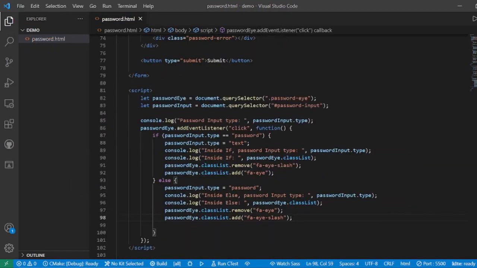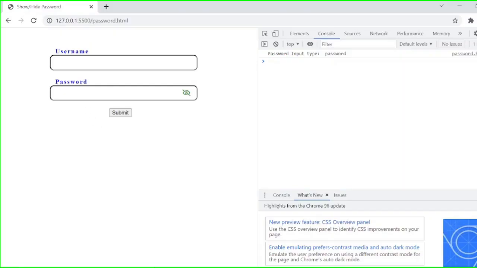Now since I have typed the code, let us see its effect in the browser. Now if I come to the password field and type something and press this button, we would see that it has been unmasked and the eye has been opened. So that is why we are able to see the password which was hidden earlier. Initially the input type was password as the page was reset. So this was the initial condition.